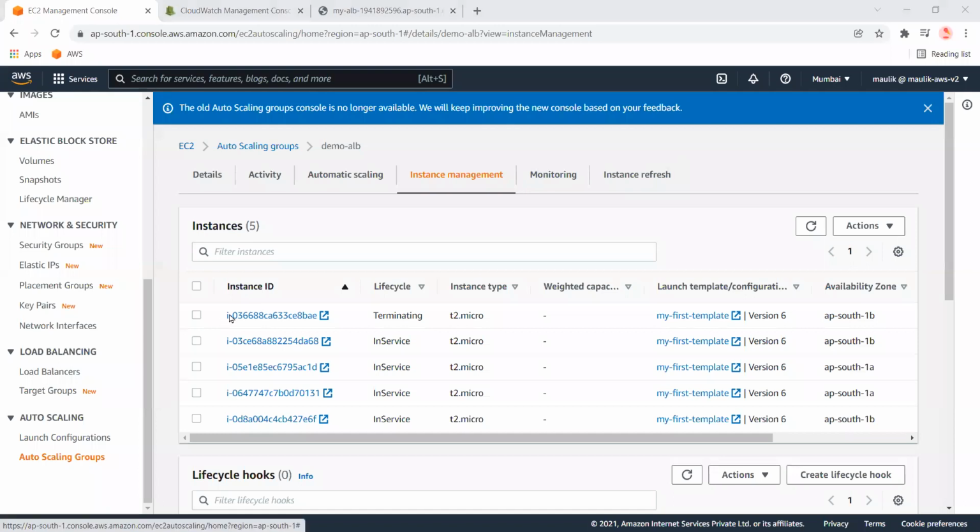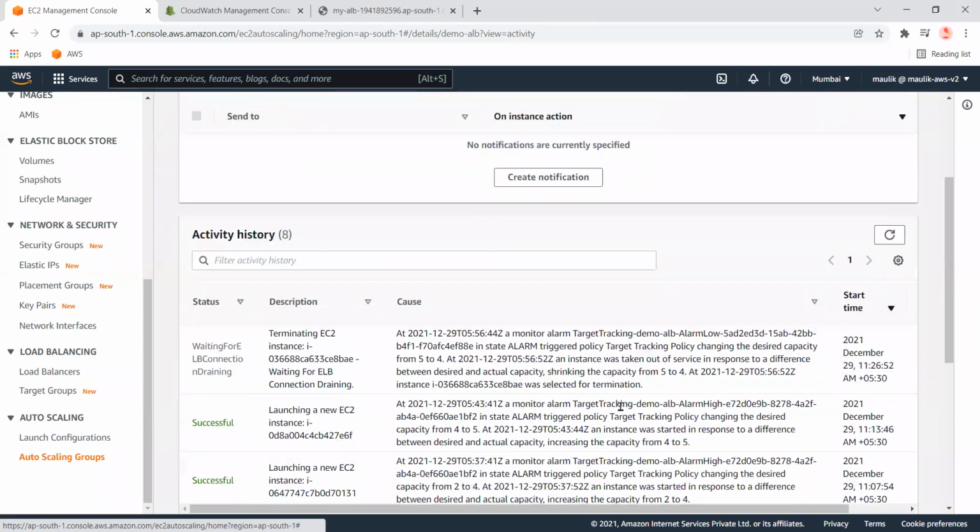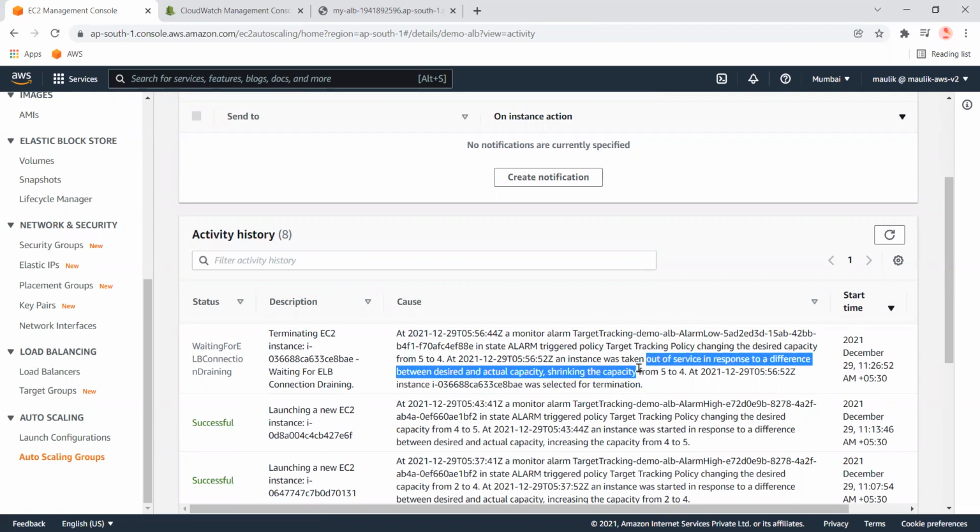I'm pausing the video. Okay, you can see it has started to terminate the instance. We can see the activity as well over here. See, the desired capacity is set to 4 from 5, and it is taking one of the instances out of service from the auto scaling group, and it is terminating.